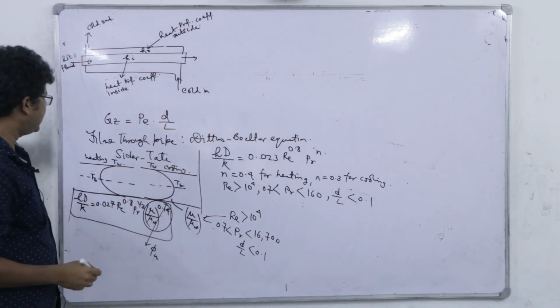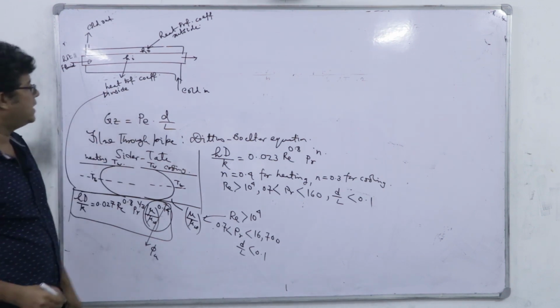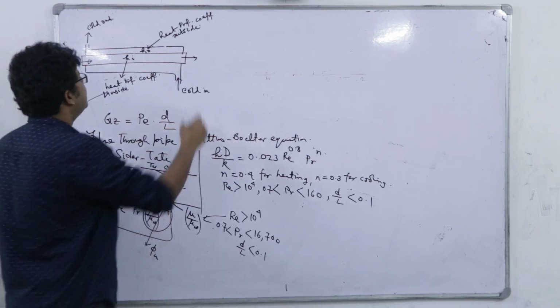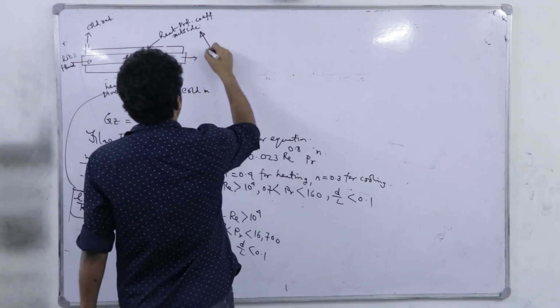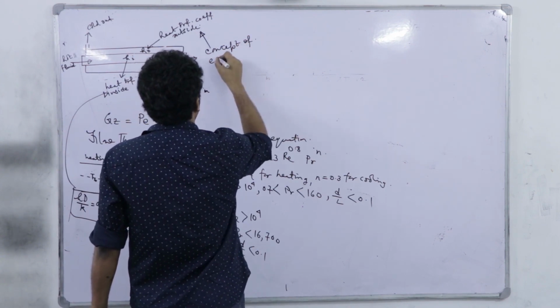So for hi we can directly apply this Sieder-Tate equation, but for ho it is flowing through an annulus. So we have to introduce the concept of equivalent diameter,